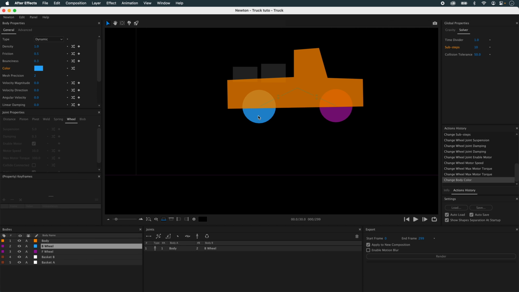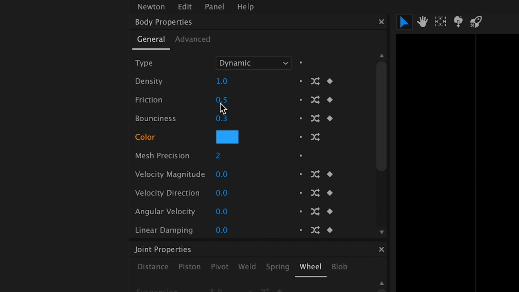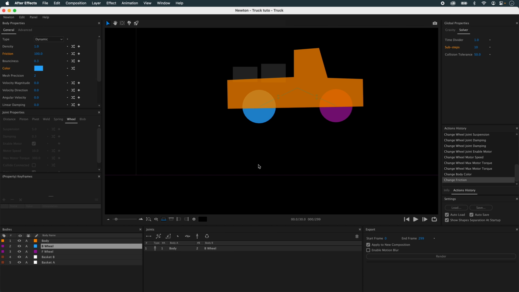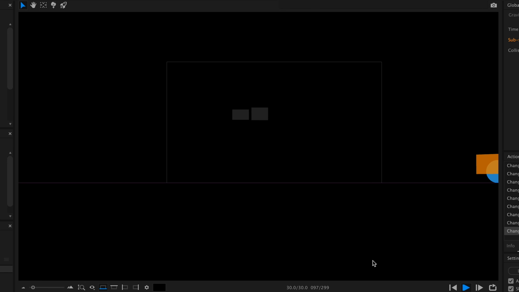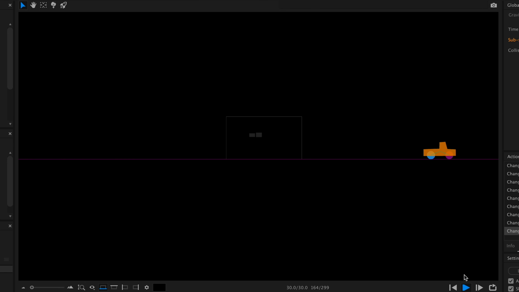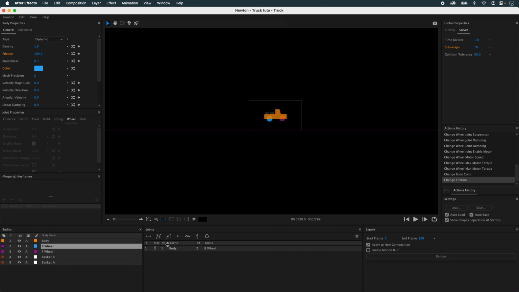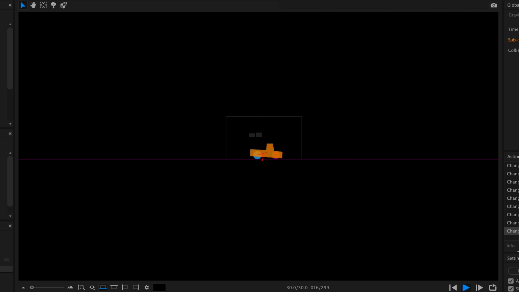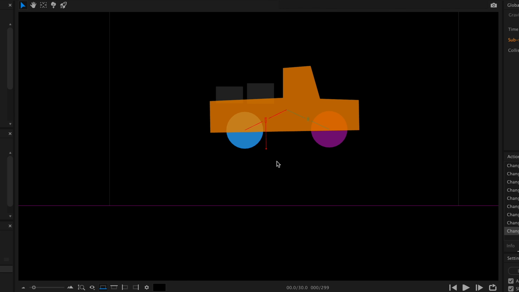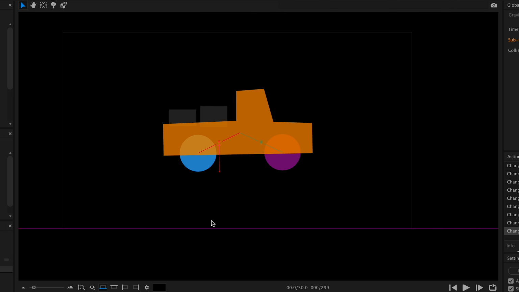And maybe you need to increase the friction of the tire because it has to grip very hard. So I'm going to put 100. And if we do that, we see that I have a sharper acceleration. But my vehicle doesn't move very fast. So I'm going to increase the rotation speed. For example, set it to 40, and off we go. That's roughly what I want. However, what I'd like is for my vehicle to start once it lands on the ground, and then it will begin to roll.